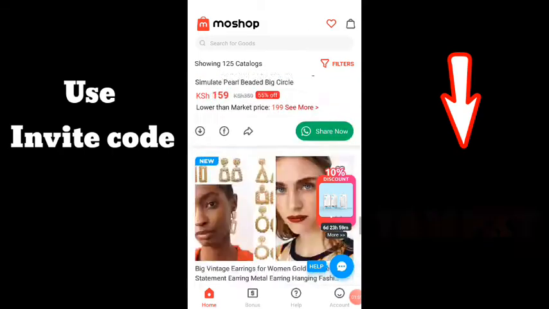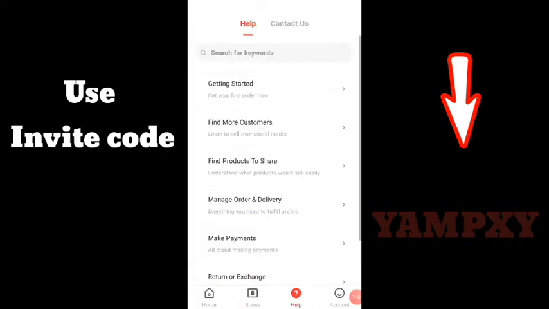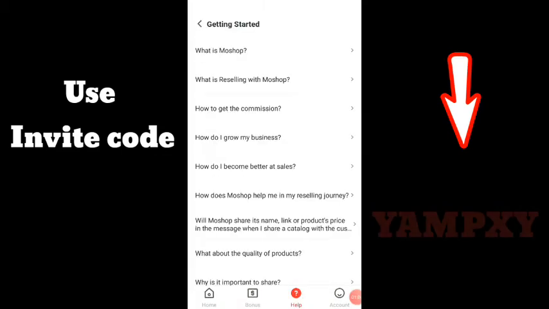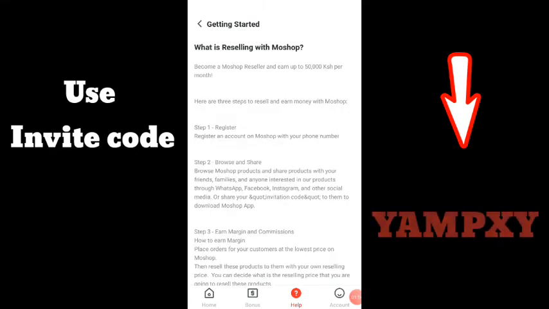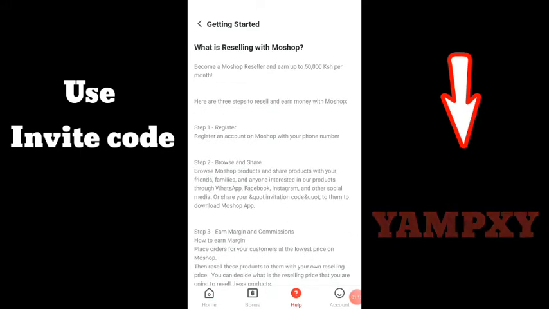Let me show you something here so that we get to understand what Moshop is all about. This is how to get started with Moshop. As I said, this is a retailing and reselling app where you get your items from this app, from this site, and then you resell them on your social media handles for free.